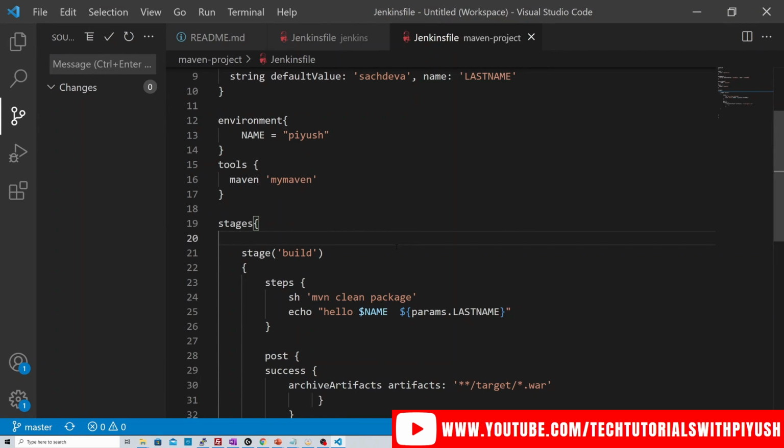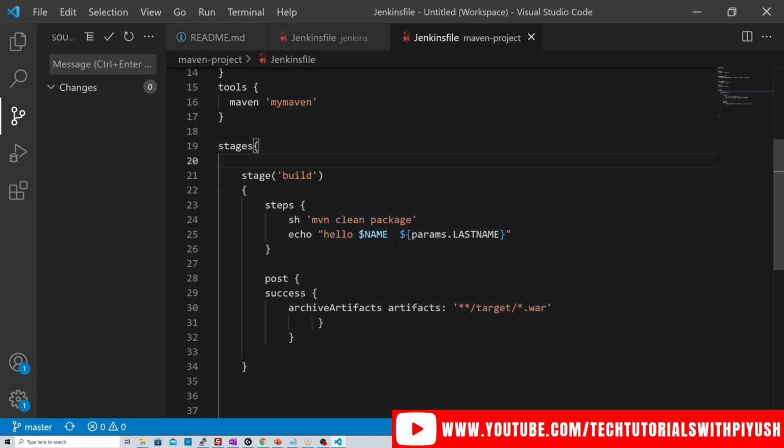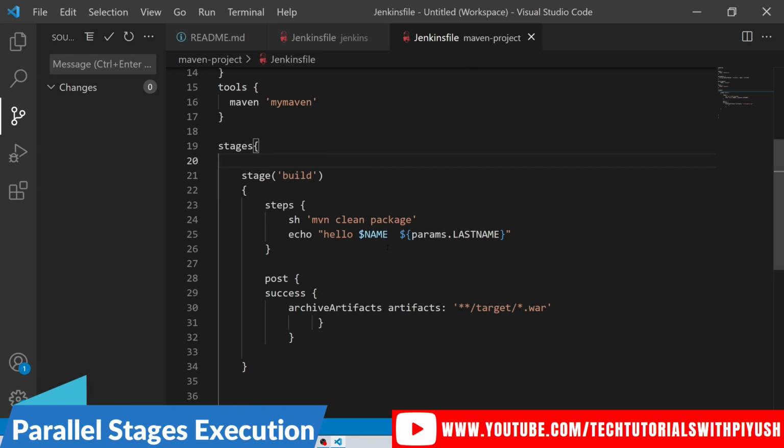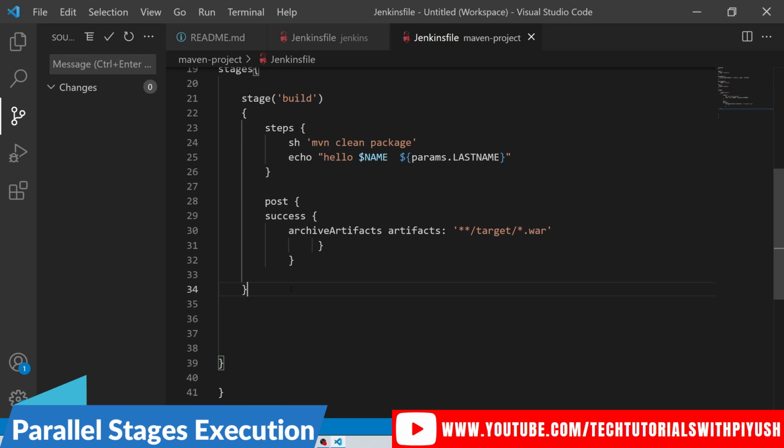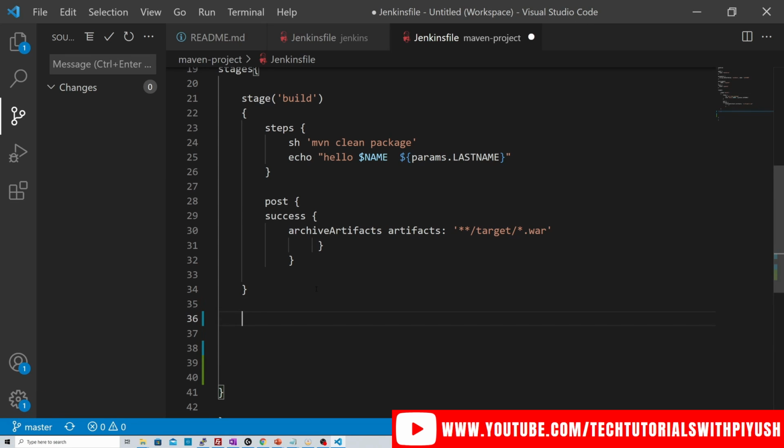In this section, we'll see how we can run stages in parallel instead of running it sequentially. So let's add one more stage after the build stage, which is stage test. Let's say we have a requirement wherein we need to run test on multiple servers, and to save the execution time, we can run it parallelly because it has no impact, right? So I'll just do this stage test A, then we specify parallel